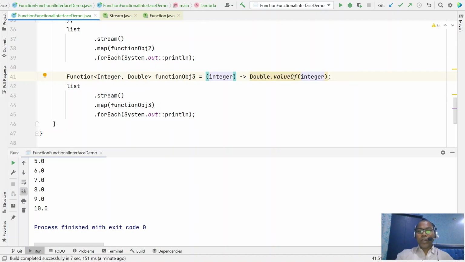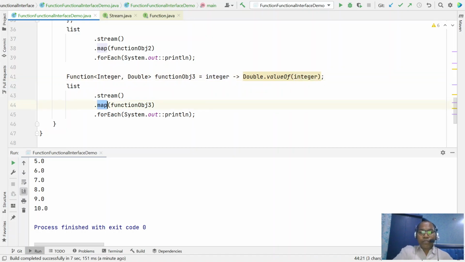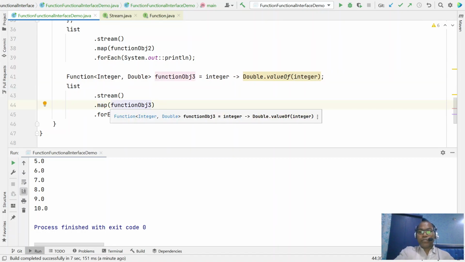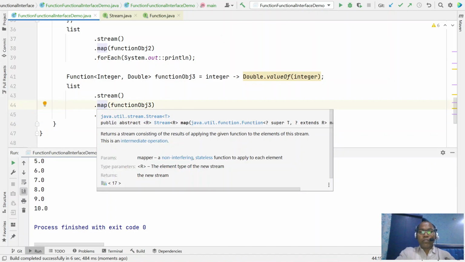This is the only one argument, so you can even remove your parentheses. So now you are defining a map function that expects a function type mapper, and you can just say this is the one input and this is the one output, and you can run it. So this is the simplest way to pass the function type object that the map method is expecting.